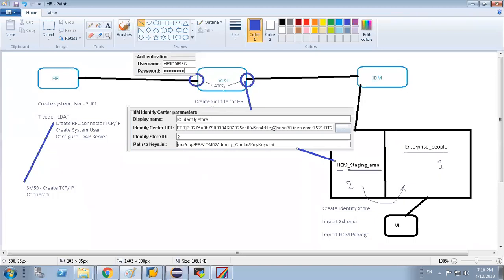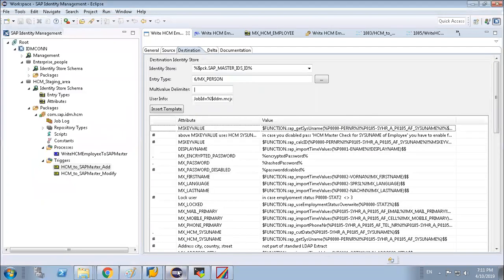Here, do we manually select which is the system for our case, or is it already given by SAP as standard? You said the system is updated in the user master, right? Sorry, this IDM, yes, SAP master. My question is, how does IDM get to know which is the system for that user, which is coming from the HR?